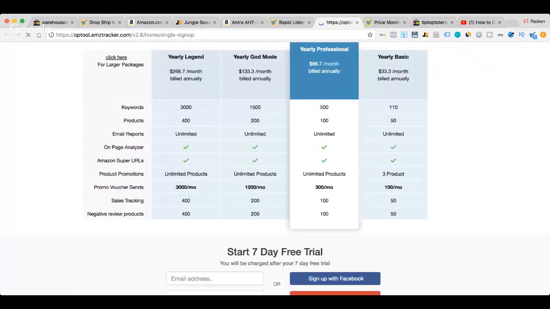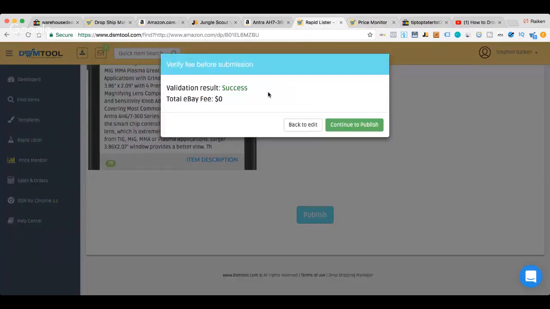Sometimes I notice when you hit publish, it'll say you can't list it. It's against VeRO. I believe that is some type of program or system or terminology that essentially lets you know that you shouldn't be selling it. There are dangers involved with selling a certain brand or product on the eBay platform. For example, the other day I listed something that had the word Indian in it, and it gave me a warning about not using that keyword or Native American or something, saying you can get in trouble. So that was pretty cool.